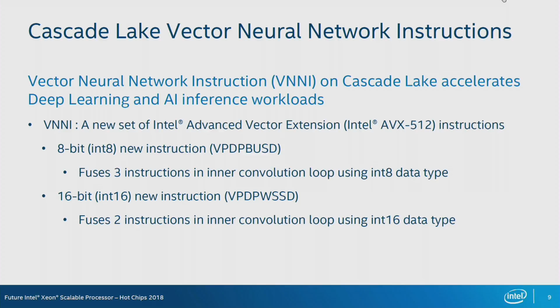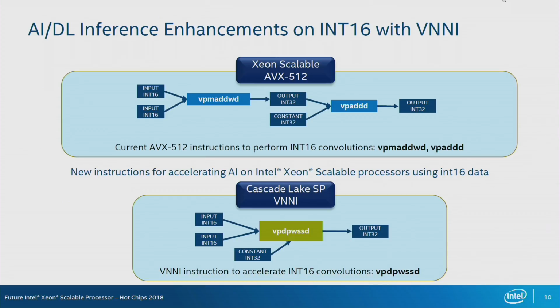So for both 8-bit integer data types and 16-bit integer data types, we define new instructions that fuse 3 instructions that were being used in 8-bit convolutions into a single instruction, or for 16-bit integer, 2 instructions that were part of the inner loop into a single instruction. And by doing that, we have essentially achieved 2x to 3x improvement for these data types. So let me illustrate that through